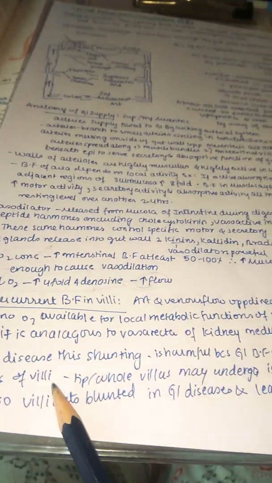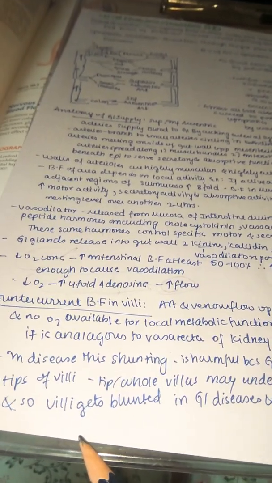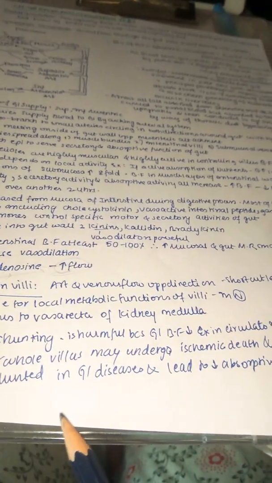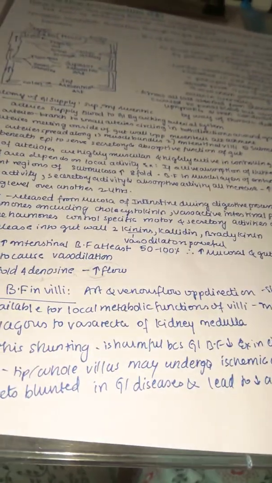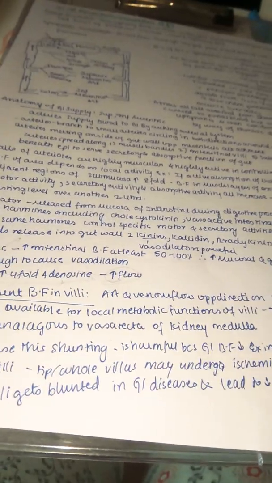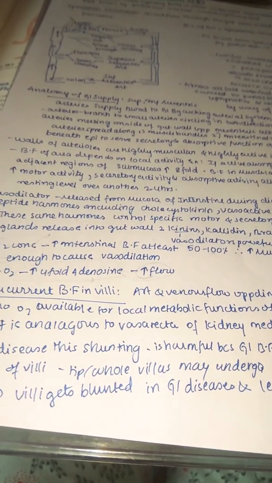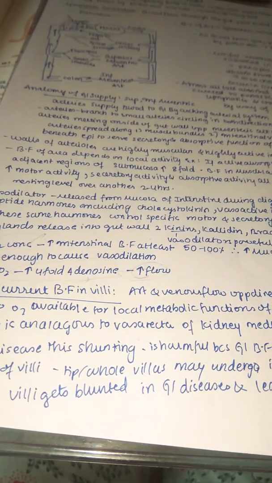So oxygen deficit in the tips of the villi, and the whole villus may undergo ischemic death and may also disintegrate, and so the villi get blunted in GI diseases. This blunting of the villi mainly leads to a decrease in absorptive capacity. What happens in the case of diseases, especially gastrointestinal diseases, is because of this kind of blood flow, especially in the case of shock or any other condition, the tips may not get proper